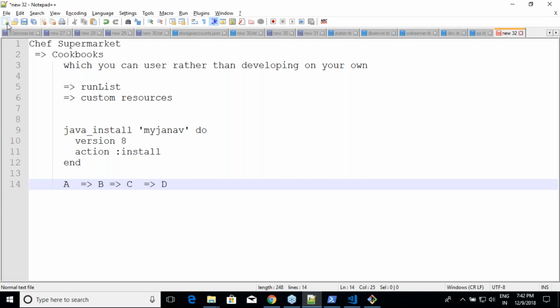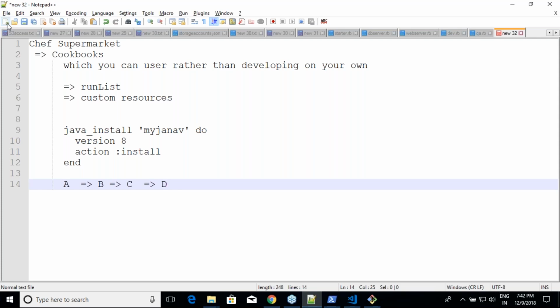Do you remember a command which we execute all the time? Berks install. Berks install is used to download the cookbooks from the Chef server and all of its dependencies. Till now we were not worrying about why we use Berks install. A few days ago someone had asked me why we use it. The reason is whenever you take any cookbook and use Berks install, it will download that cookbook and also its dependencies.